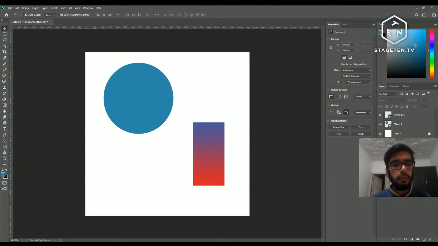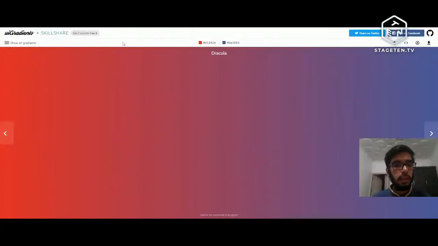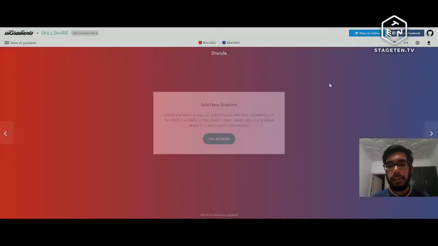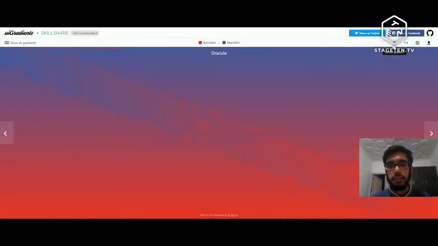So if we move once again to UI gradients, add a gradient. So you can add your gradient by creating an account, right? So you can rotate the gradient as well in different shapes. So this one, the red is on the left side, and when you rotate it, the red is on the top, right? Just to see how will it look, because actual orientation you will be able to do in the